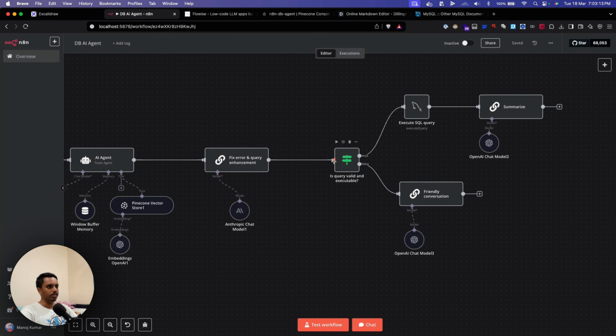And then over here, the request is being branched out into two different paths. One is if the query which was generated is executable and valid. If yes, then it goes to this node. This is the one which actually executes the query and then returns it to another LLM chain, which summarizes and